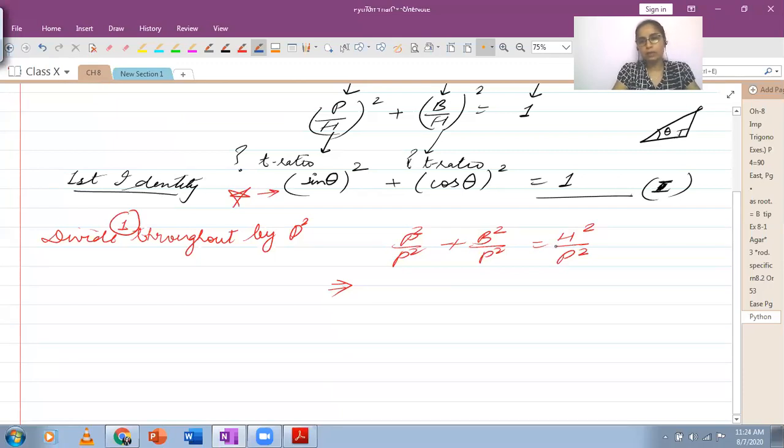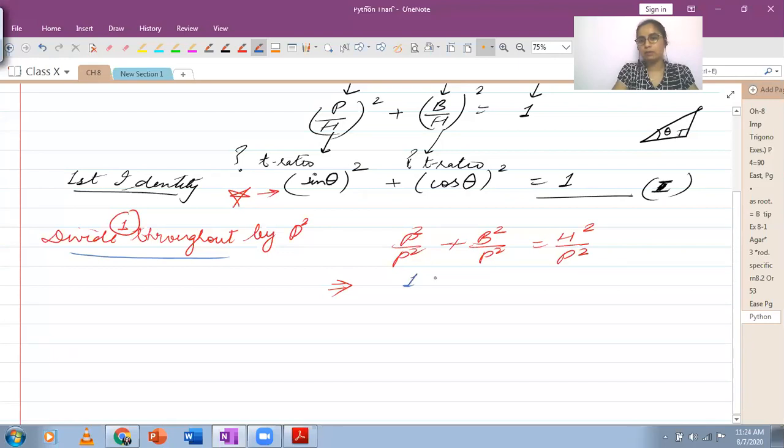Why are we modifying the Pythagoras theorem and why am I dividing? Because once I divide, I get ratios of the sides. And once I have the ratios, Pythagoras theorem gets converted into ratios now. So ratios actually are your trigonometric ratios. So that's how, in case you forget, exam में आपको भूल जाए, or you are doubting yourself, which generally happens. Confusion होती है कई बार कि आप correct identity लिख रहे हो या नहीं लिख रहे हो. This is a way you can check. So this is the identity.